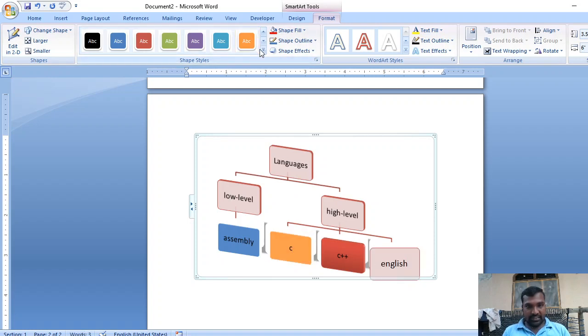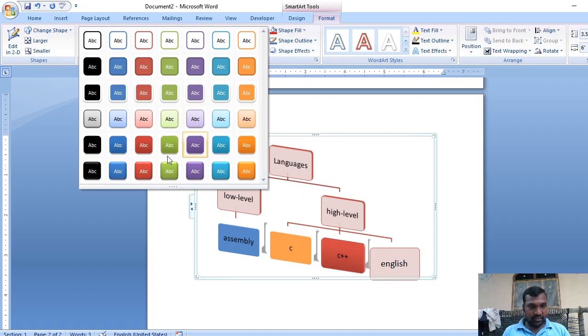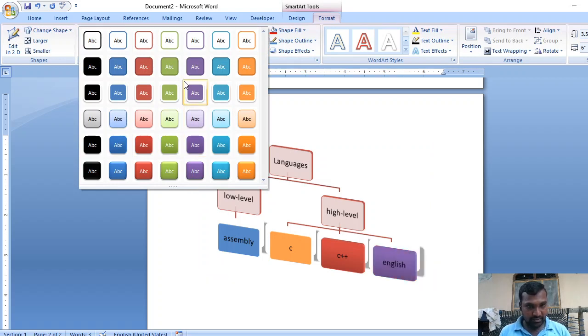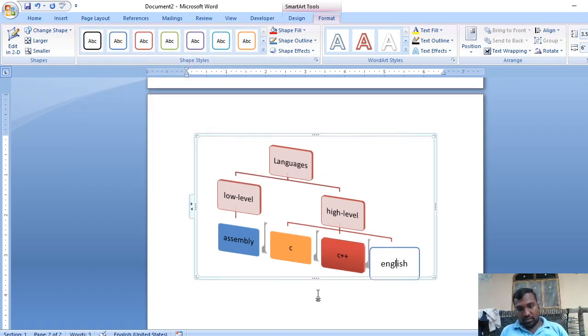I want to change this English to a shape style of black. Sorry, with black the text will not be visible, so I'm choosing something like normal white. Okay, so is it clear?